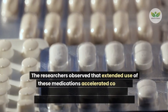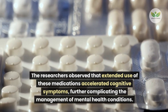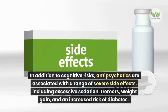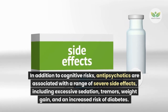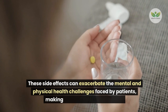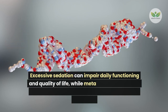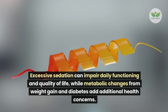The researchers observed that extended use of these medications accelerated cognitive symptoms, further complicating the management of mental health conditions. In addition to cognitive risks, antipsychotics are associated with a range of severe side effects, including excessive sedation, tremors, weight gain, and an increased risk of diabetes. These side effects can exacerbate the mental and physical health challenges faced by patients, making treatment more complex. Excessive sedation can impair daily functioning and quality of life, while metabolic changes from weight gain and diabetes add additional